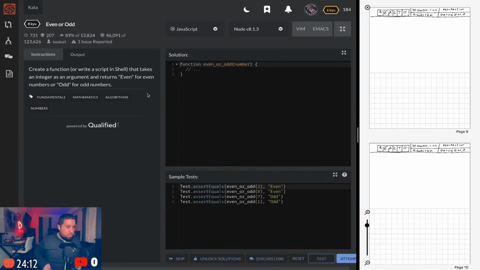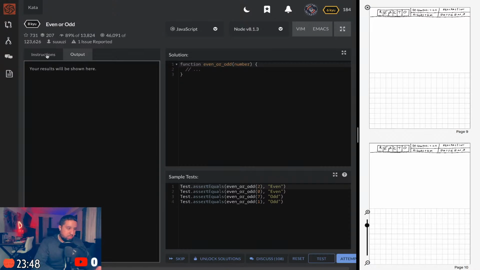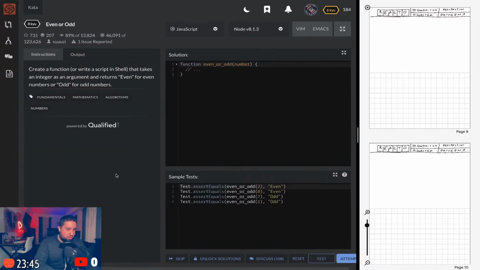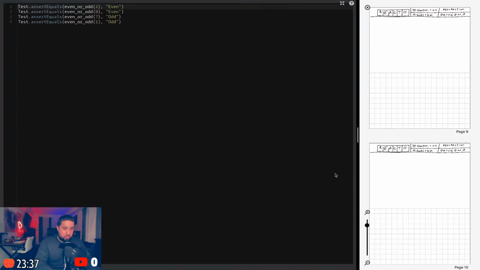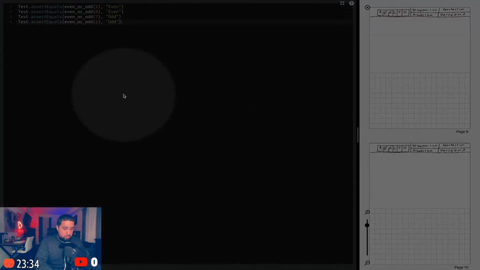Okay, so it's the same explanation. The tags available are fundamentals, some mathematics involved, algorithms, and numbers. So these other tags kind of come along for the ride, even though I didn't choose them, but it falls under those tags as well. So if I were to choose mathematics with algorithms, then this would have come up. But it's okay. Let's see what the output is saying, which is nothing right now. There's no additional information provided to us. So the only thing else I can go with as far as the explanations are concerned is this part here.